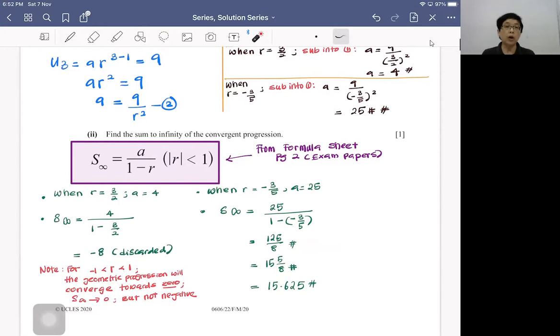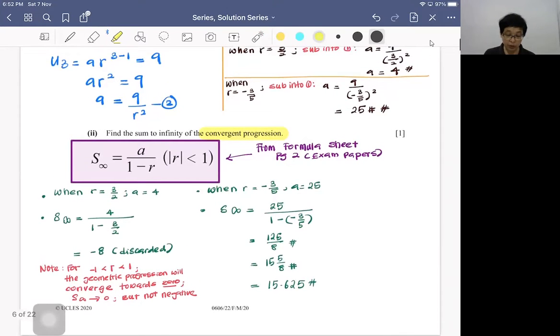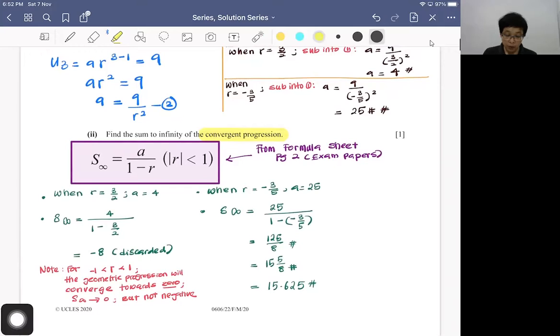Okay, now before we conclude, we know that this question is asking for a convergent progression. In other words, I put down here a little note. For a geometric progression to converge, the condition is that r has to be between positive 1 and negative 1, and the r has got to be positive. Okay, so therefore,